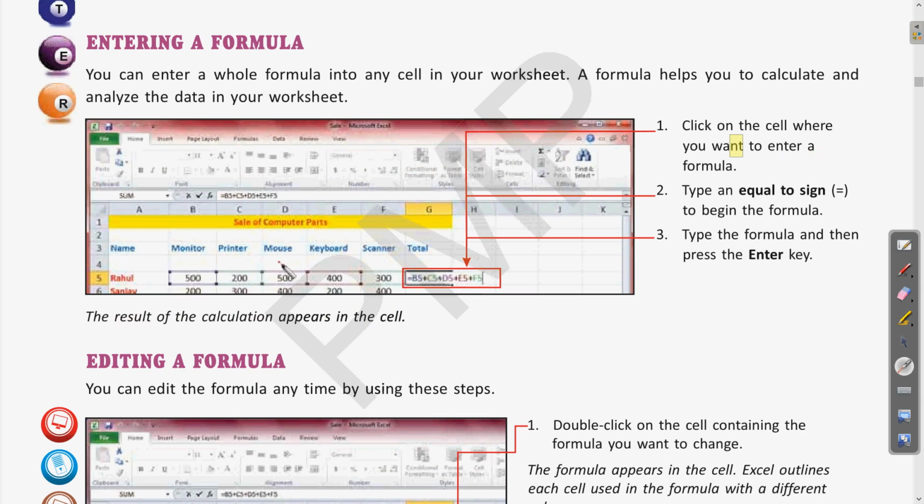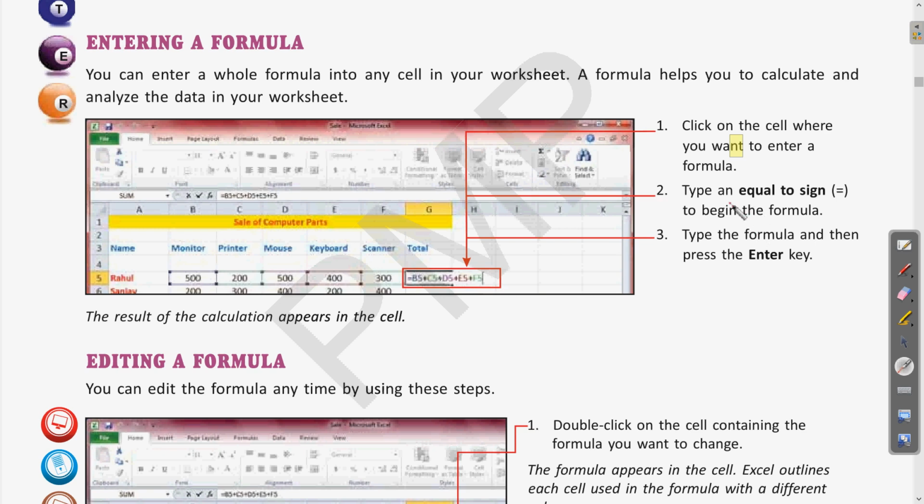Here in the image you can see MS Excel with records of some computer part sales, in which the numbers of different items are there, and you want to find the total of that. So for that we will see how we are going to use the formula.